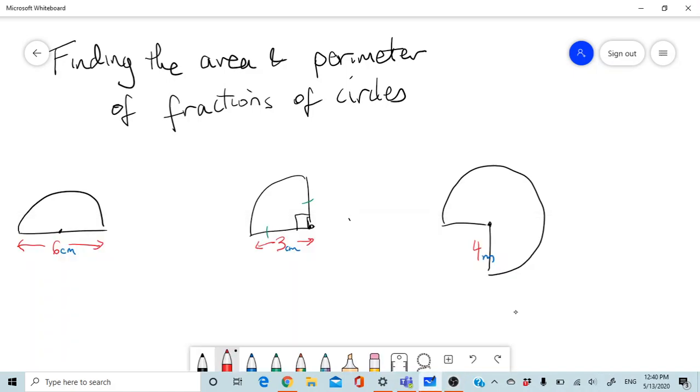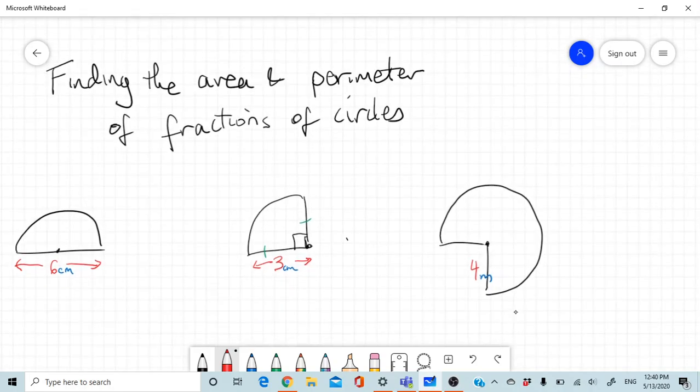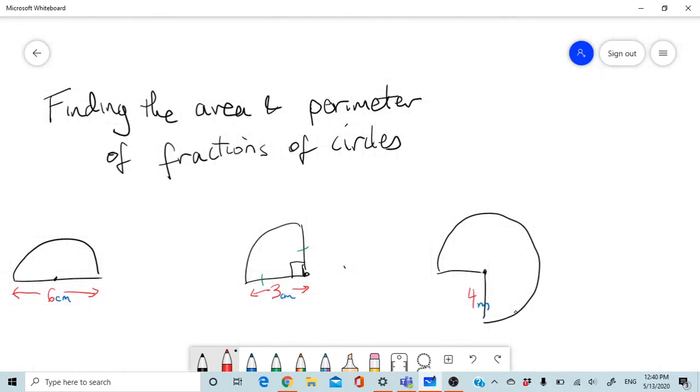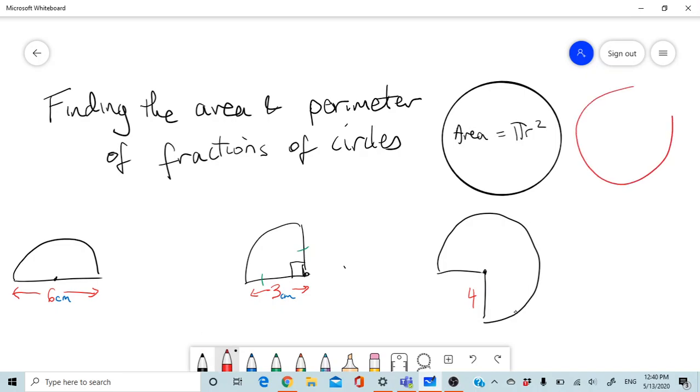Alright, we're just going to go through a few questions on how to find the area and perimeter of fractions in circles. Before we start, let's just make sure we recall that the area of a circle, let's see if I can make it a nice circle, there we go, area of a circle equals pi r squared, and we can think of the circumference,